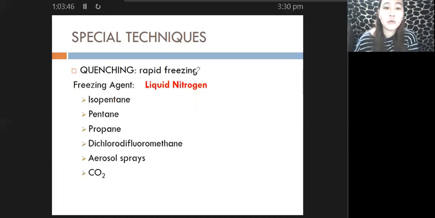So again, why do we need to rapidly freeze your tissue samples? This is in order to prevent the production of large ice crystal artifacts. Okay. So liquid nitrogen is particularly useful for histochemistry and for intraoperative procedures. When we say intraoperative procedures, there are certain instances wherein the surgeon would like to consult the pathologist ASAP, or immediately, during the surgery. Okay? So if that is the case, you have to make use of rapid techniques. And one of the most common rapid techniques that we perform in the laboratory